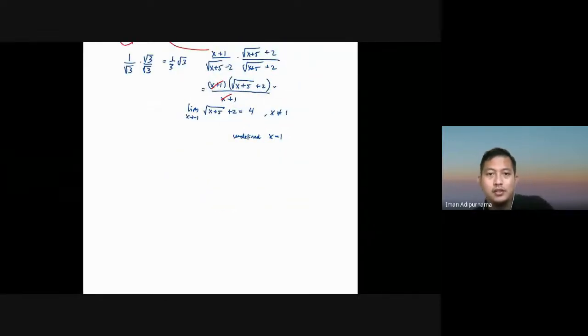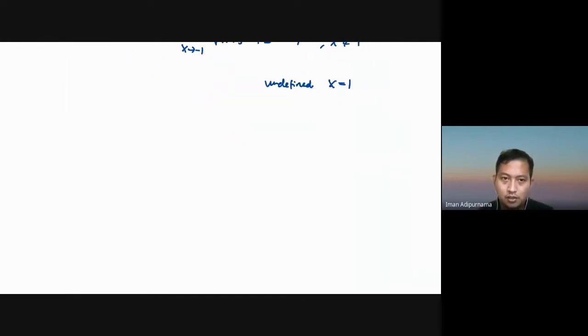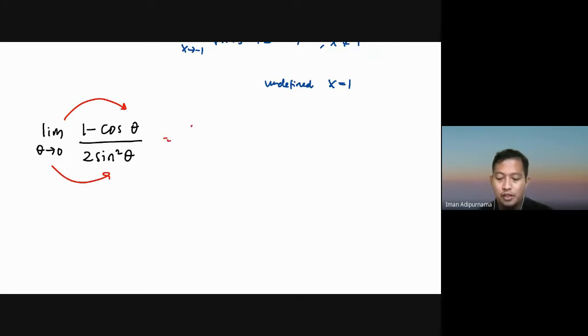Okay, maybe the last one for just an example. For the trigonometric part, let me give you this. Plug in here, plug in here. Of course, you will get 0 over 0. Then you need to think. Maybe you have some identity to check, right? I think the easiest one is just thinking about sine squared plus cosine squared is equal to 1. And then you can use that to substitute the sine squared. So you will have